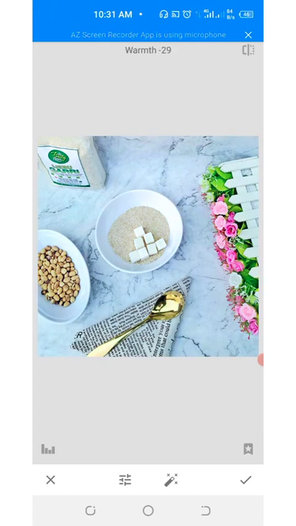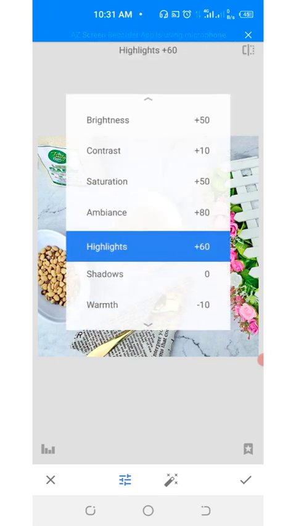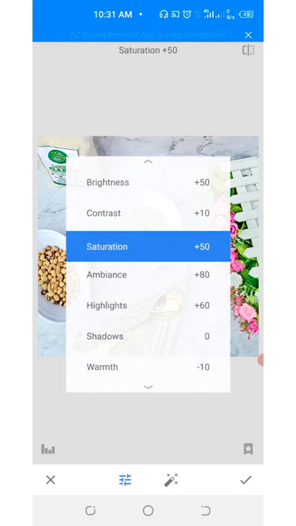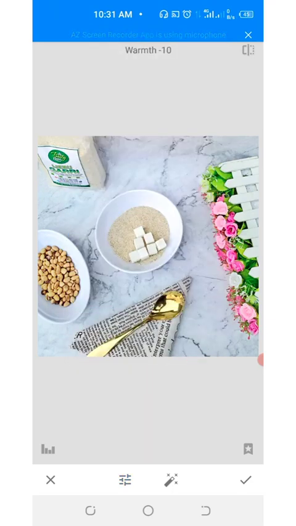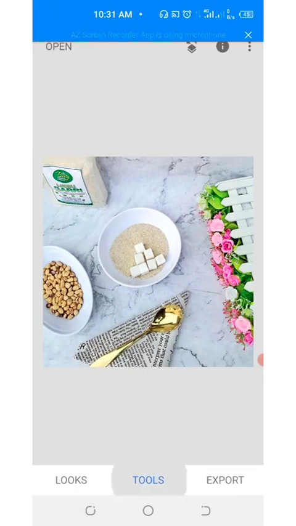Warmth. So like I was explaining, I told you warmth adds a little bit of blue, makes it bluish when you reduce it, and makes it orangish kind of when you increase it. So yeah, I'll reduce warmth a bit. I think 10 is okay by me. So just depending on what you want to achieve, just for you to have beautiful pictures. So that is that, and then I click the tick sign,